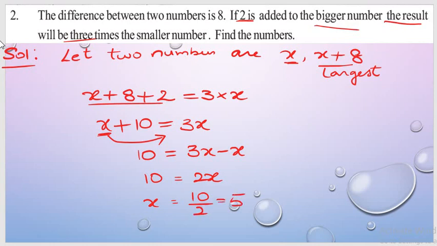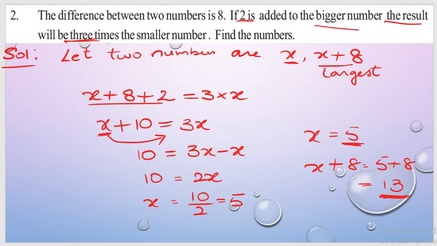So from this what can I say, what are my numbers? x and x plus 8, right? Now what is the value of x? So from this x is equal to 5, obviously x plus 8 is nothing but 5 plus 8, which gives me 13. Now once verify whether what you have got is correct or not. So this is my bigger number, no? So to this bigger number if I add 2, 13 plus 2 is nothing but 15. So 15 is nothing but 3 times of 5 only, no? So it is being satisfied, right? So whatever the answer that we got is correct. So what are the numbers? So the numbers are 5 and 8, sorry, 5 and 13.